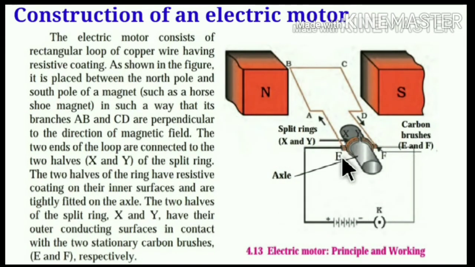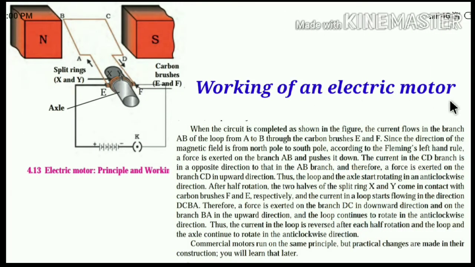Carbon brushes are used because carbon is a good conductor of electricity. Then the last component is the battery, that is the source of current. So this is the construction of an electric motor. Let's see the working of electric motor. Working of an electric motor: when the circuit is completed as shown in the figure, by using the battery and plug key,